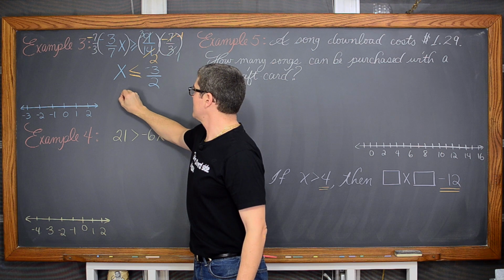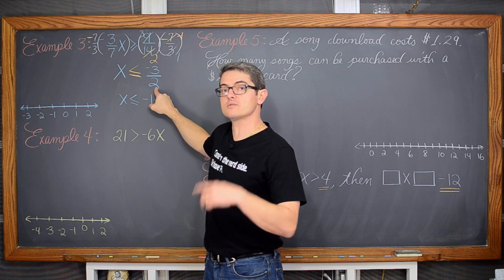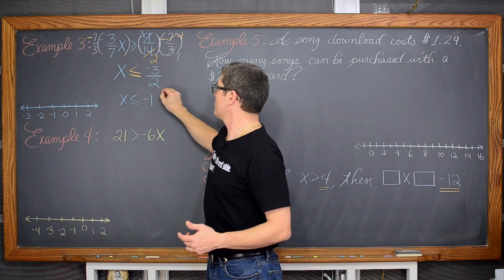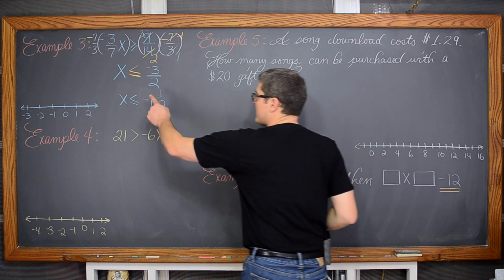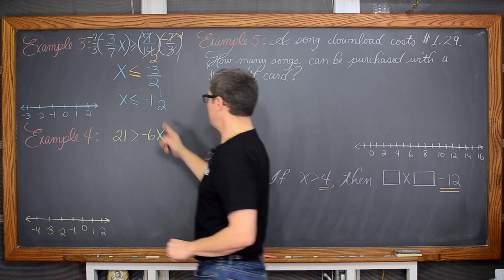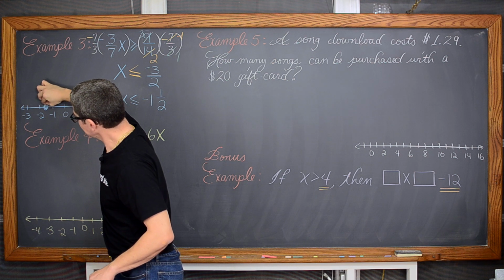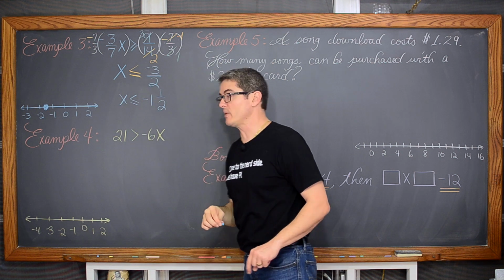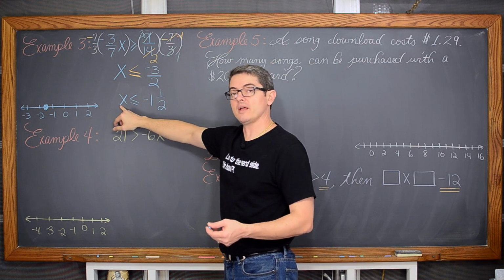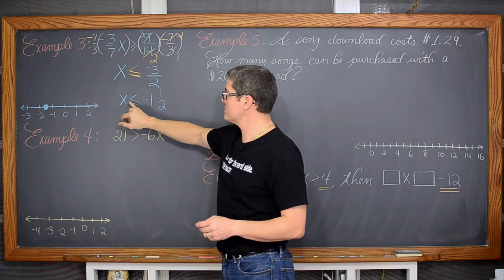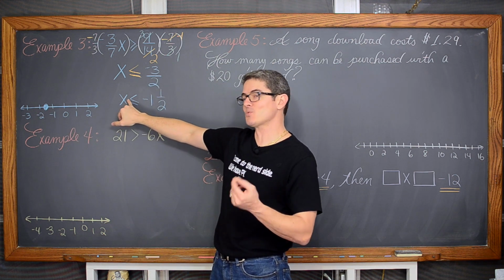So that means we're looking at x is less than or equal to negative 1 1/2, because there's only 1, 2, and 3, with the remainder of 1. So we're going to put that closed dot on the negative 1 1/2, which of course is going to be in between negative 1 and negative 2. The unknown value of x, or this variable x, is representing all of the numbers equal to negative 1 1/2. That's why it's a solid dot, and the pointy side is towards the variable.